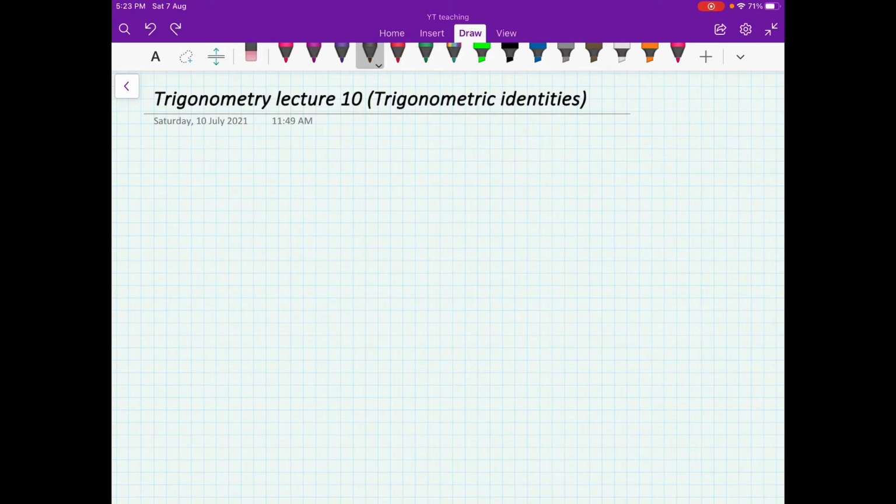Okay students, so what we have done till now, we were basically talking about trigonometric ratios. We were trying to find out the trigonometric ratios for angles like 0 degree, 45 degree, 30 degree and so on. And then in the last video we saw how the trigonometric ratios of complementary angles are related. So if you have two angles A and B such that A plus B is equal to 90 degrees, then we saw how sine, cosine, tangent of these angles are related.